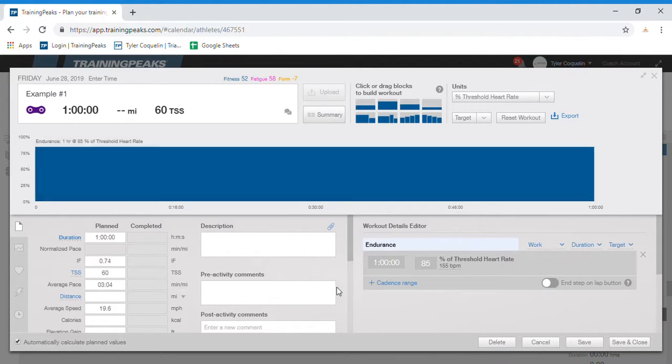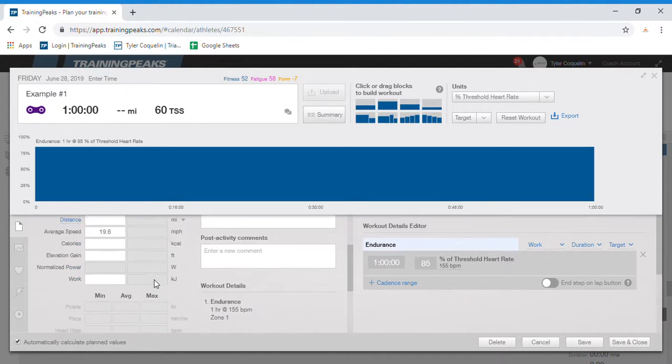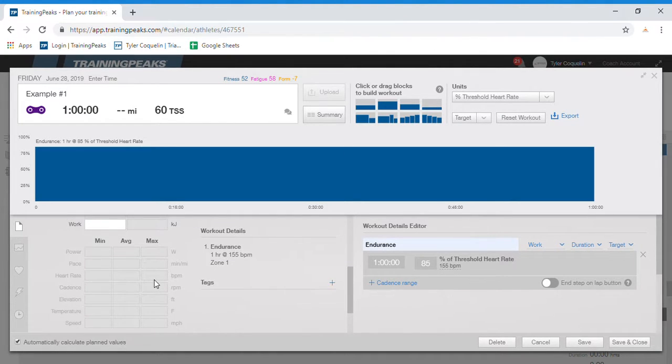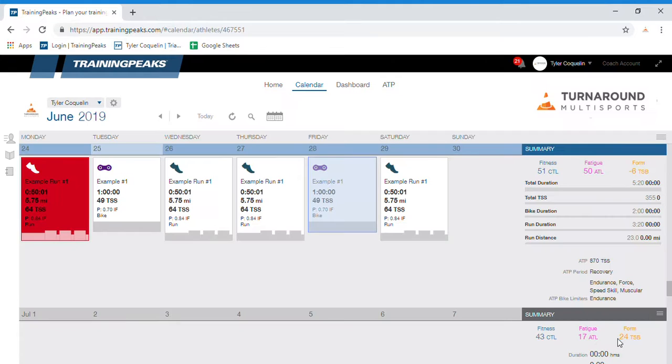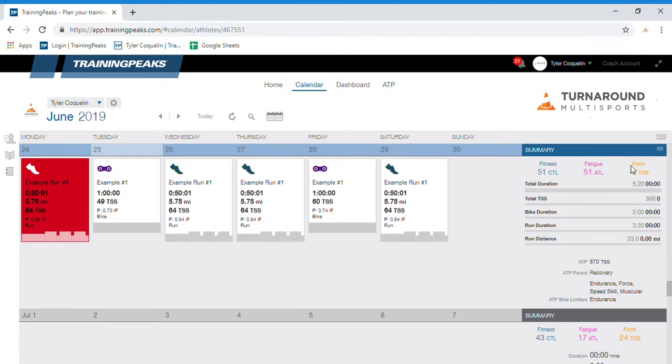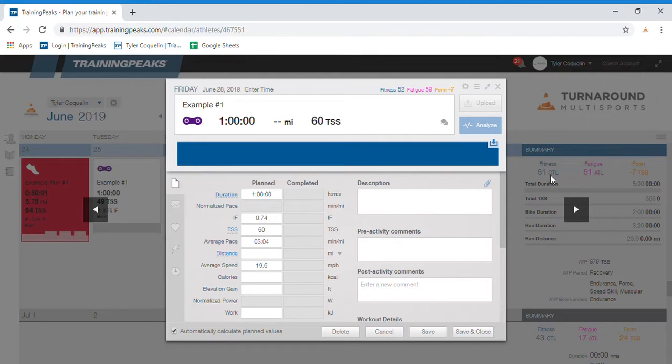Endurance. Okay. And this is going to affect TSS. It's going to affect the average pace, the average speed, because you've already entered those numbers as we talked about earlier. Okay, let's save and close this, and it might adjust things, it might not, depending on how fit your athlete is. So if we took this same one, and if you see over here, 51, 51, -7, and we